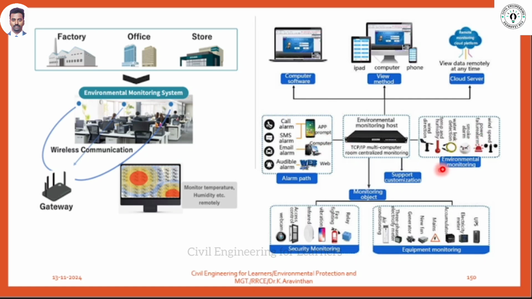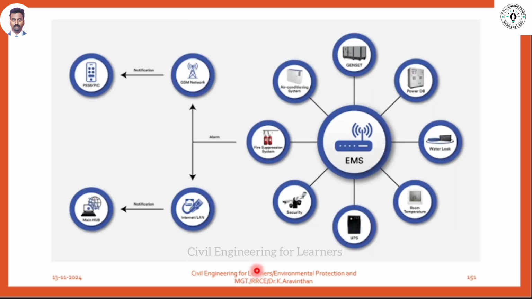Next thing is environmental monitoring. What are the sensors they will have? Air monitoring sensor, water quality, pH balance. So these are the types of sensors they will have. Monitoring objects: what are the objects? If you are having a door, you will be having optical sensors. UPS is also a monitoring object, yes or no? If power automatically shuts off, the UPS will switch on. This is a monitoring system. You can understand by these examples. So the environmental management system has to connect with all these activities.